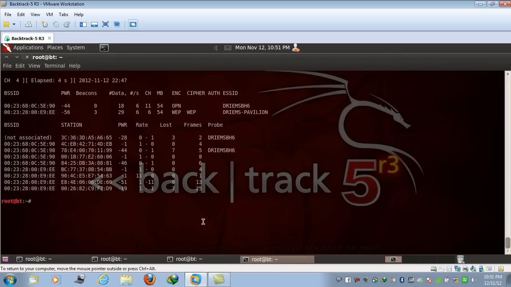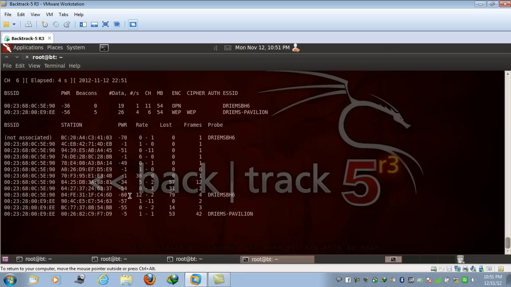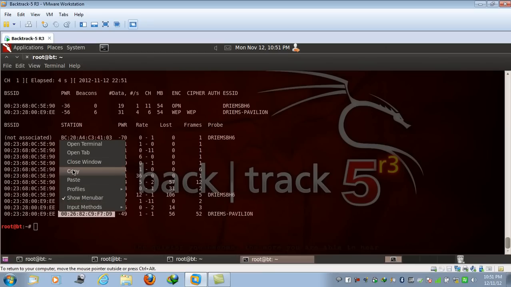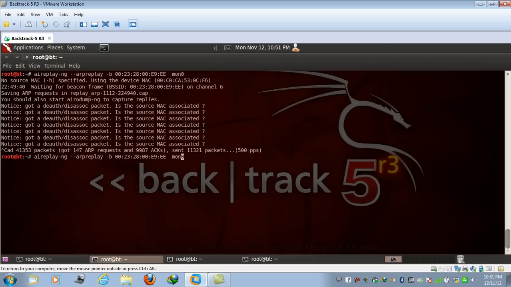So right now I need to find out the MAC address of the client. You can choose any of the clients that have captured more packets. So let me start the packet capturing once again, and you can see a lot of clients are trying to have association with that access point. Stop it, choose any of the clients in which you are interested, and suppose I am choosing the last one. Okay, right now I have chosen this one, and now I'm giving aireplay-ng the fake